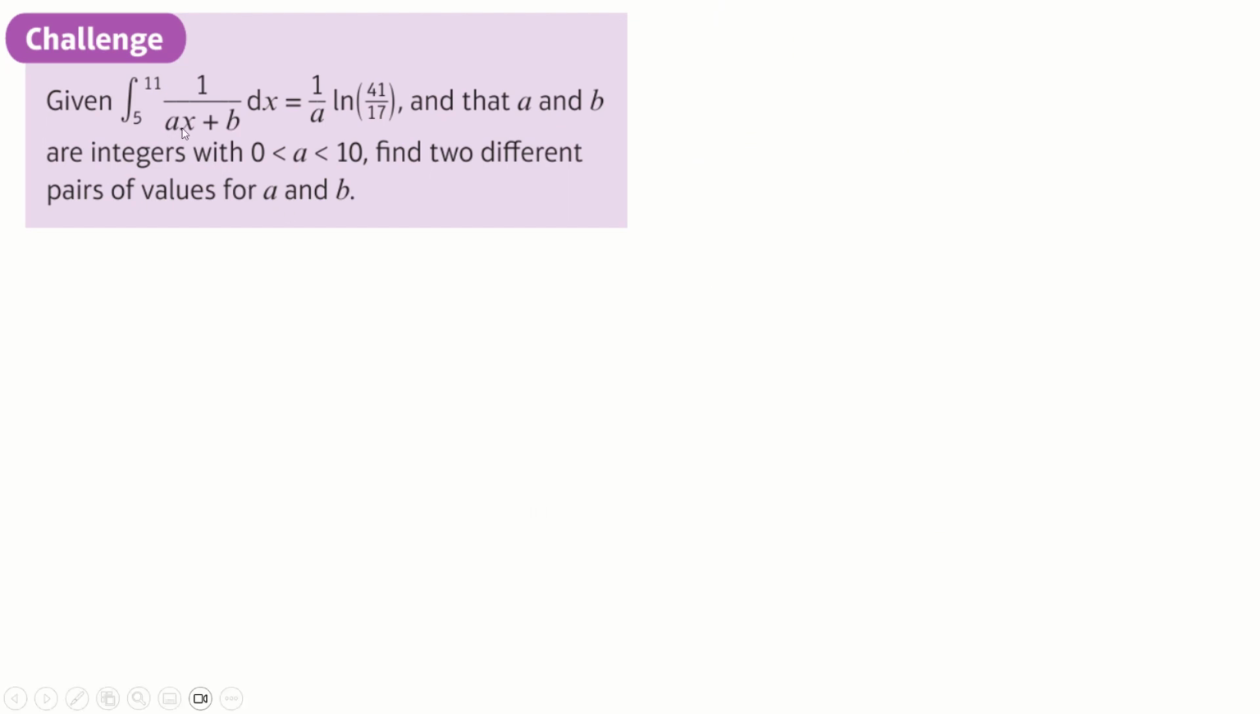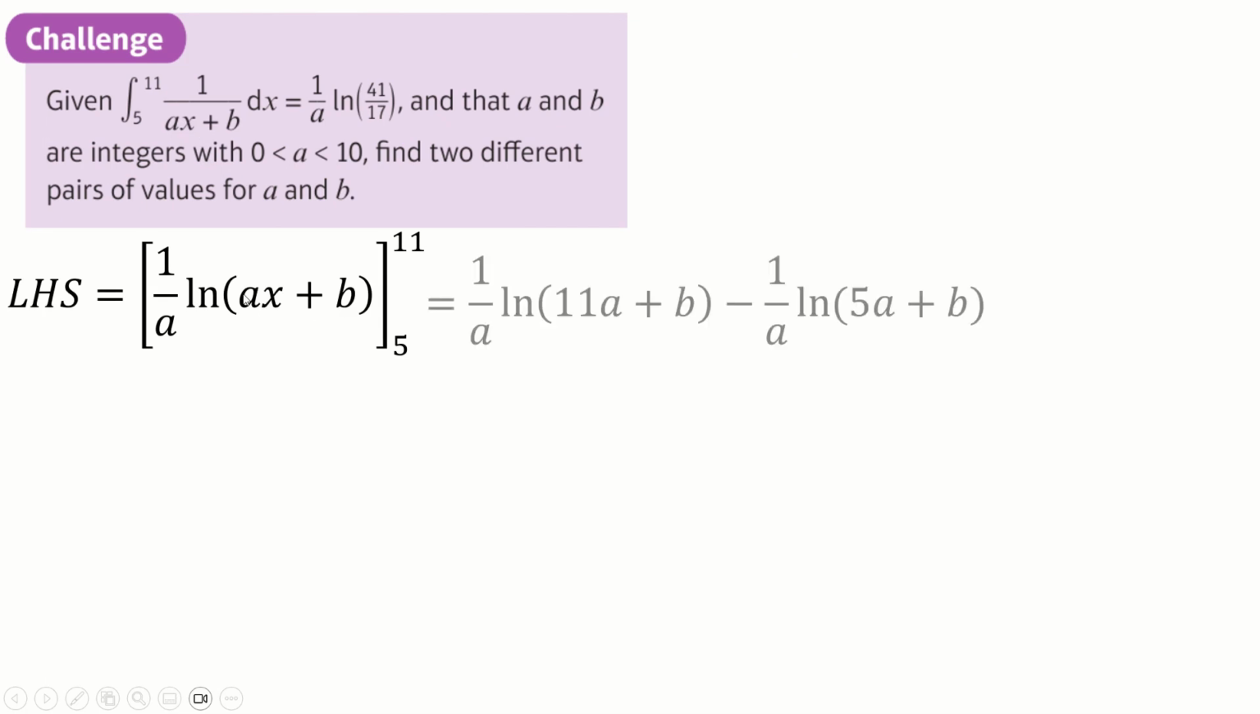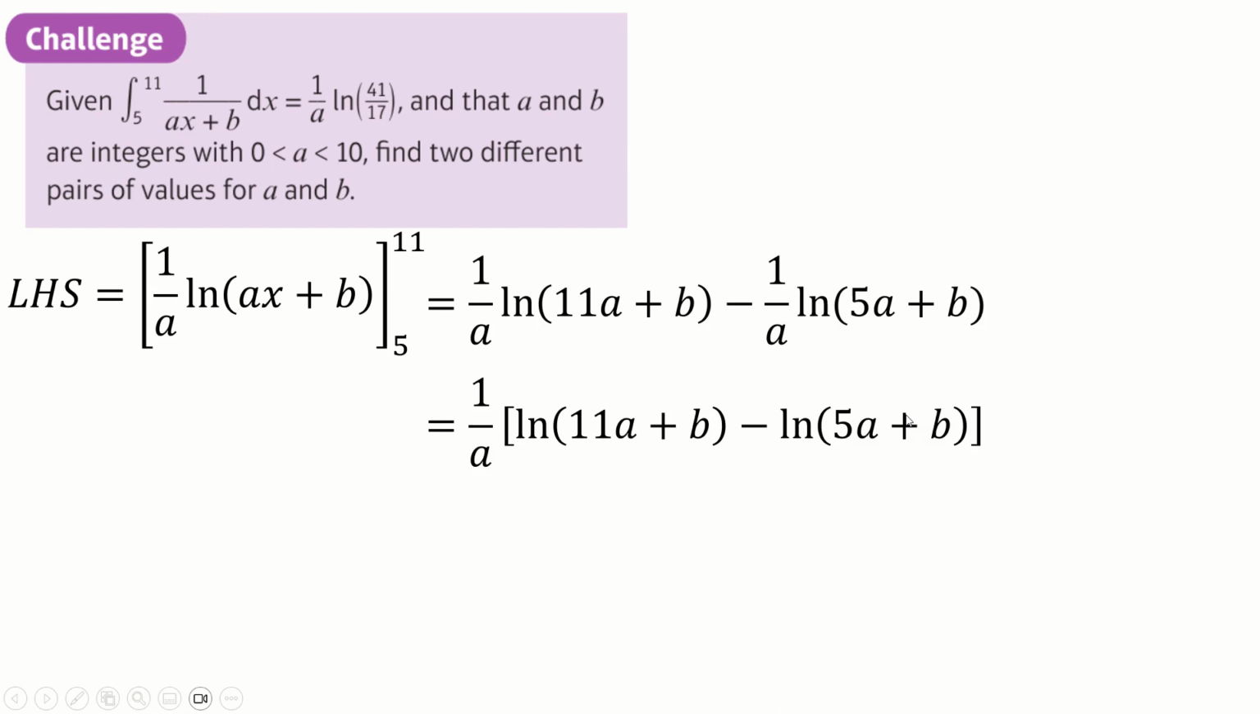This obviously integrates to a log. It's 1 over a log of this thing here. Then you can put 11 and 5 in, which just make this. You can factorize out the 1 over a, and then 2 logs taking away means you divide the inputs to get this. Now that apparently needs to equal this, so therefore this input here, 11a plus b over 5a plus b,